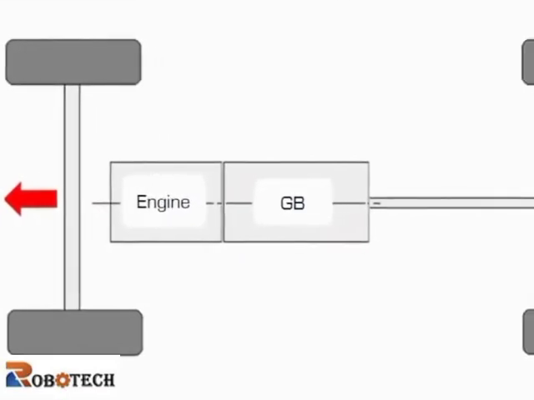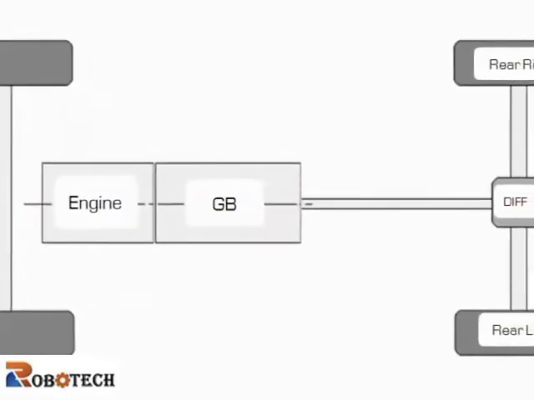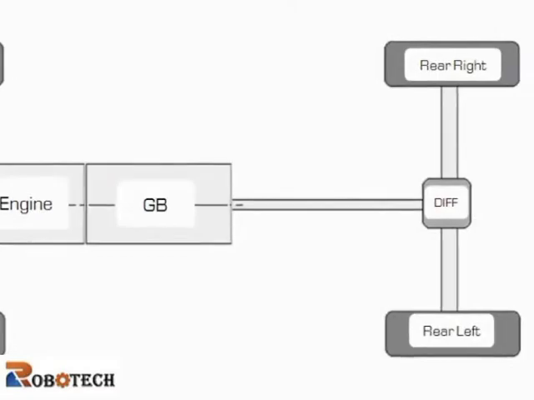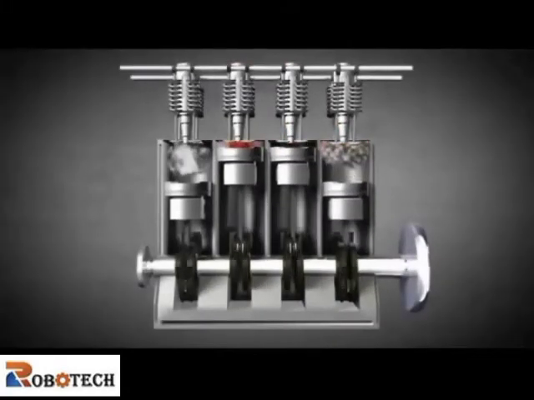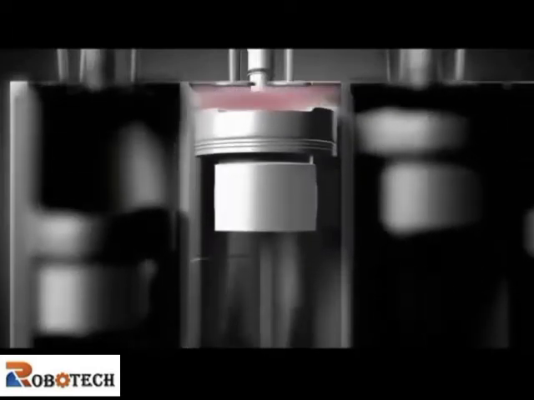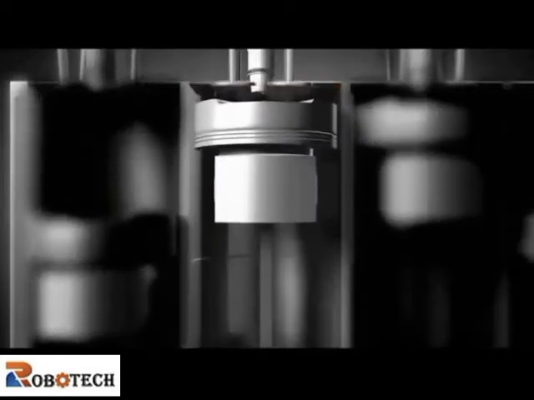Now we can check out the power flow in a vehicle. This is the schematic diagram of a normal rear-wheel drive car. That's the engine which manufactures the power. So here we have chemical energy getting converted into mechanical energy, and via the crankshaft we are supplying this power